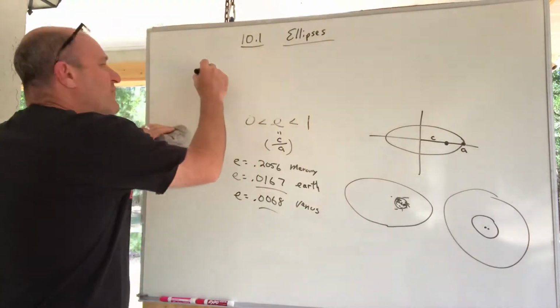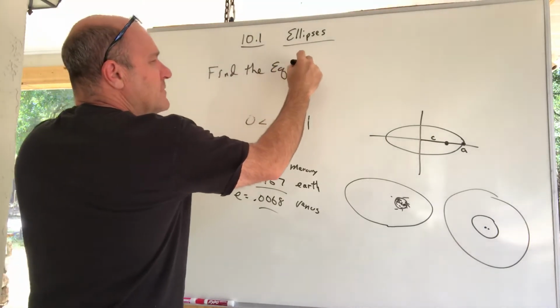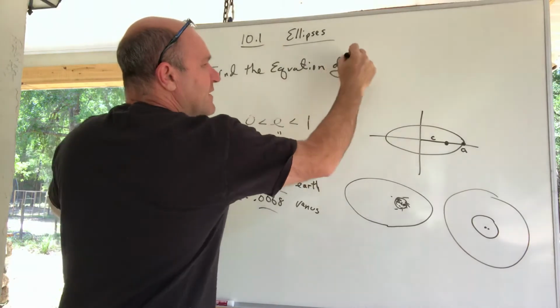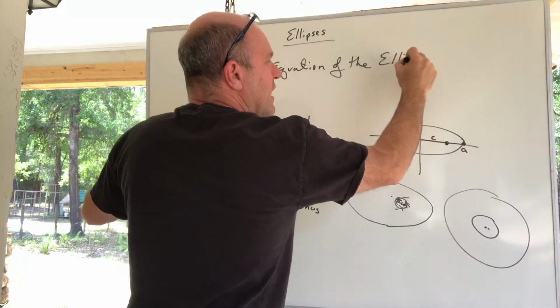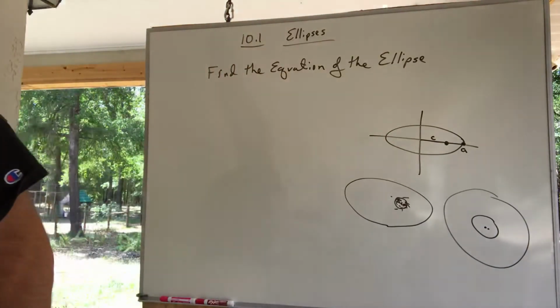This is where we have to find the equation of the ellipse, and they give me a little bit of information. So I like these kind of questions. This particular problem is in our book. It's number